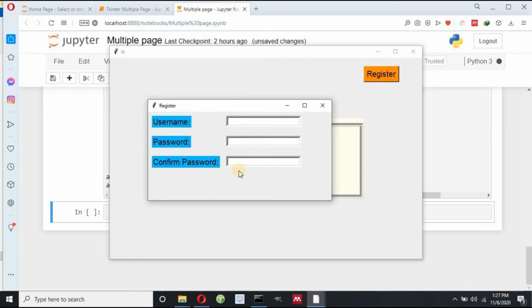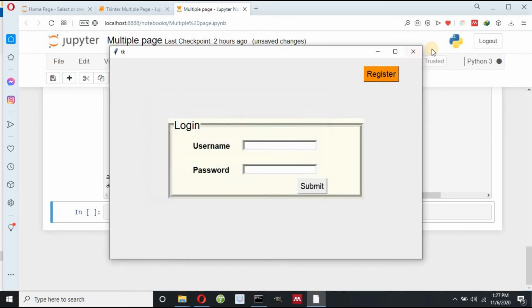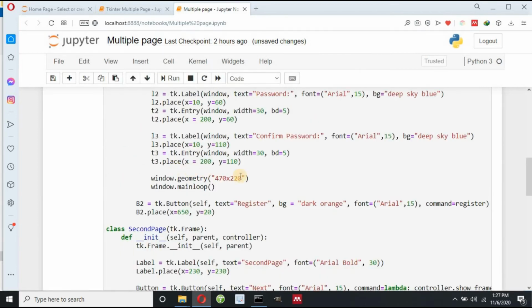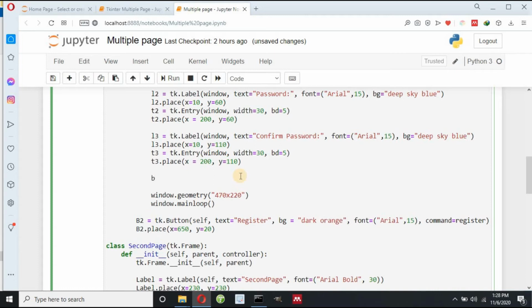Now I have to make one button, suppose a sign in button, so let me close this, and here I have to make one button, b1 equals tk.Button inside window, text equals, suppose, sign in, and then I can define font equals Arial 15, and then I can define background color equals, suppose, yellow, or I can write in hexadecimal code, hash ffc22a, and I have to write this inside quotation marks.